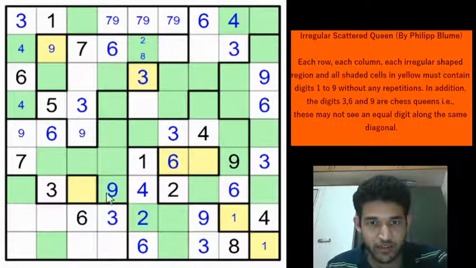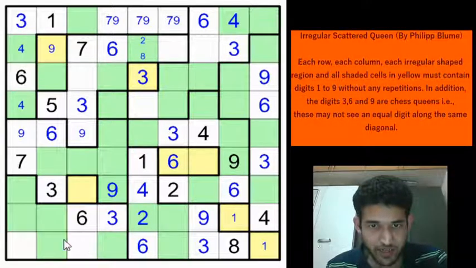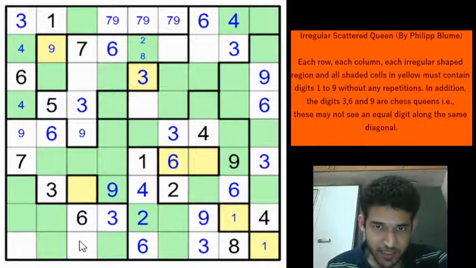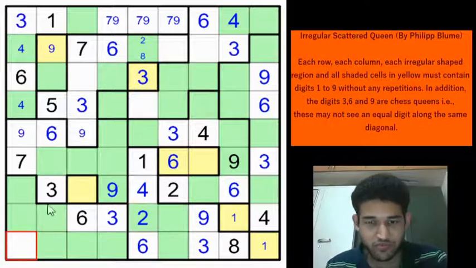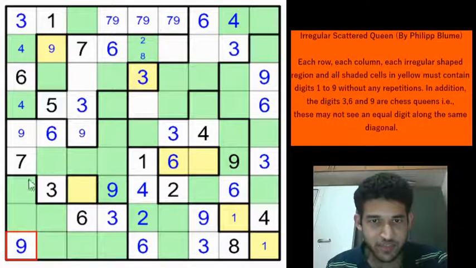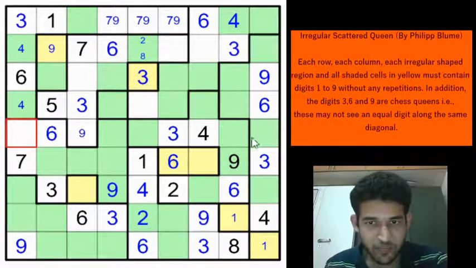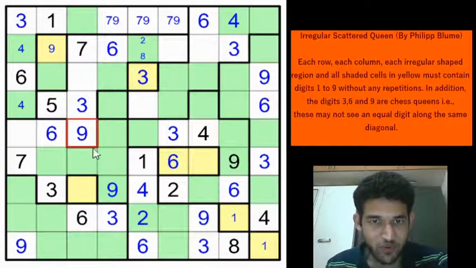So we can mark this cell as green because 9 can't be here and 9 can't be here because of this 9. So 9 is either here or here. Is it in the diagonal direction of? Yeah. So if you look at this 9 is reaching this cell, right? So you can't have a 9 here. We can eliminate this cell, and there is only one cell left for the 9 now. So we can mark this cell in this region. So that eliminates the 9 from here. And for row 5, we have only one cell left for the 9. We can place the 9 now.